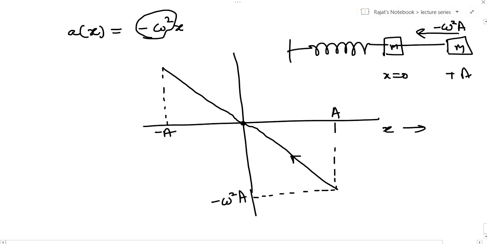Then as it starts moving towards the negative x-axis, now the force of the spring will be in the positive direction, and so the acceleration will be in the positive direction. So as it goes in this region, the acceleration is positive. And finally at minus a, the acceleration will be maximum and the value will be plus